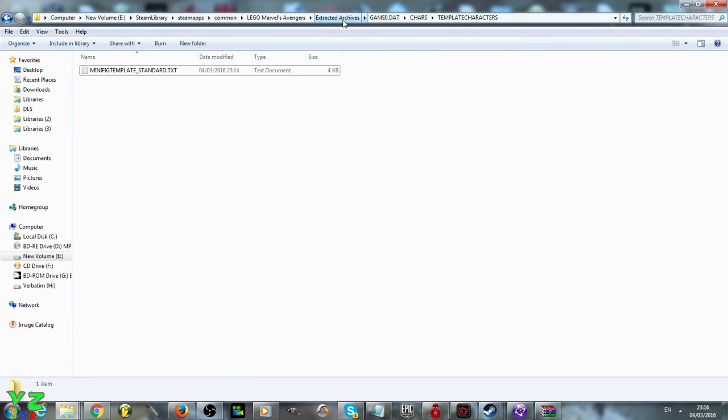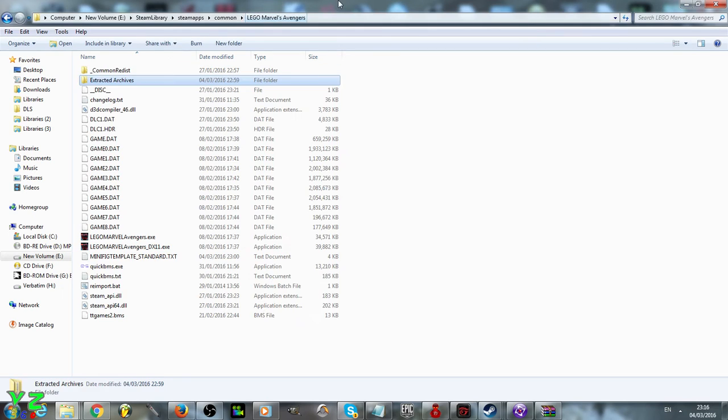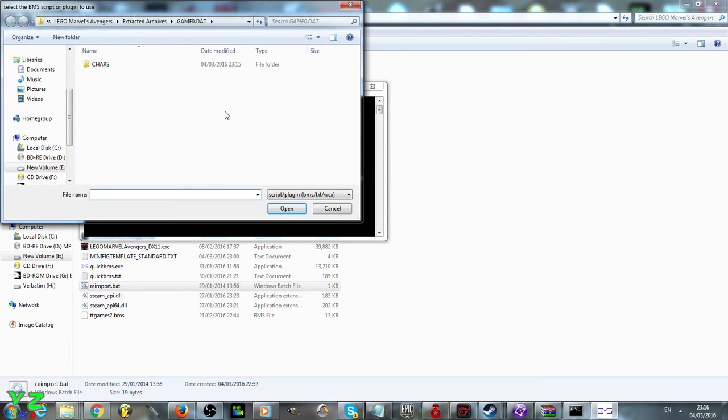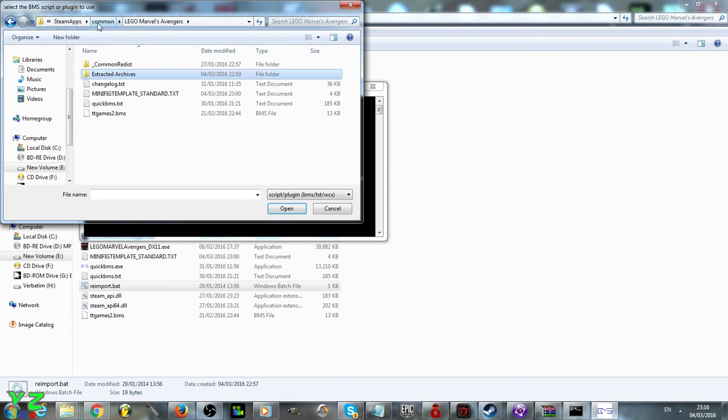So now what we need to do is put it back. How do we do that? You'll be surprised. It's actually simpler than the export process, because instead of this file, we click on this file, reimport.bat, and it's all the same stuff. So select the BMS script or plugin to use. So we navigate back to the folder where we have the script,